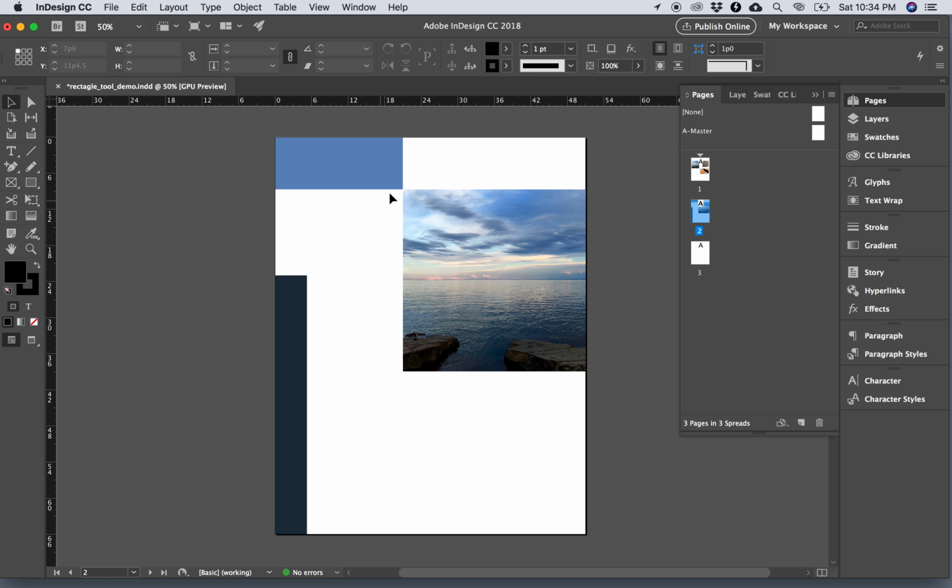So I've got my first layout that we worked on in my last demo. And I have already made a third page to this document. What we're going to do is take all of these images on this page, copy them, and move them onto page number 3. Okay,